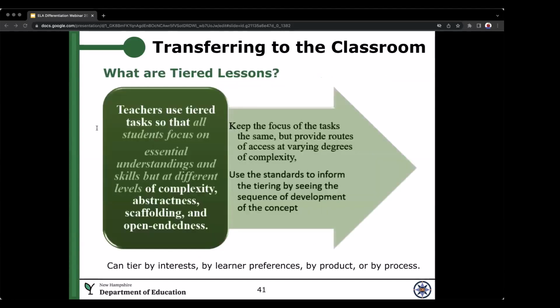So when we talk about differentiation, we hear a lot about tiered lessons as well. The what and how teachers differentiate depends on the needs of the students in your class, right? This diagram illustrates the connections between classroom elements and the student characteristics we talked about earlier. It speaks to the ways that teachers can adjust the different elements, the process, the product, the content, things like that. And tiered instruction is when teachers are making slight adjustments to the same lesson to meet the needs of